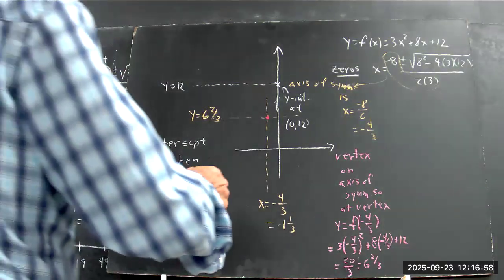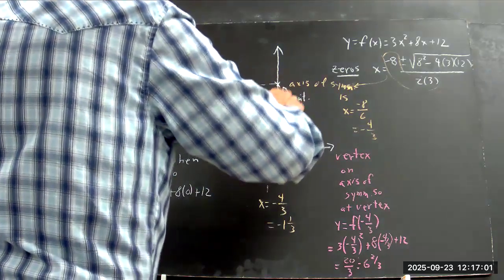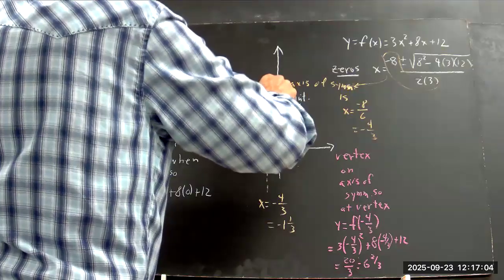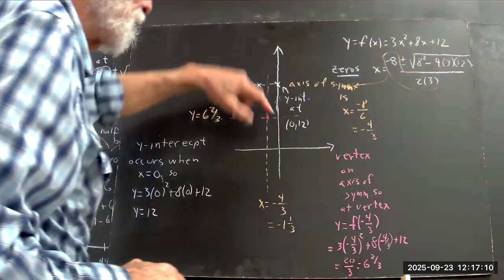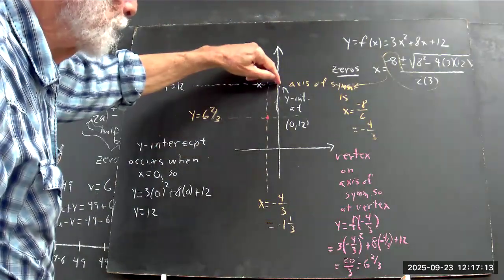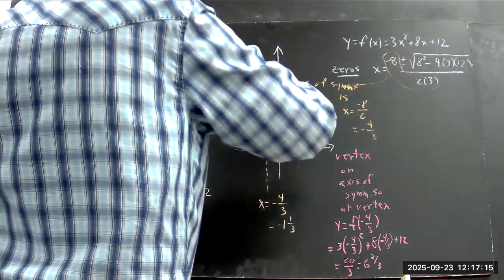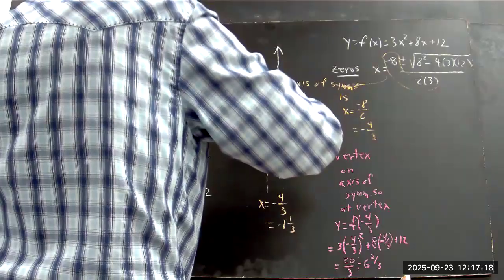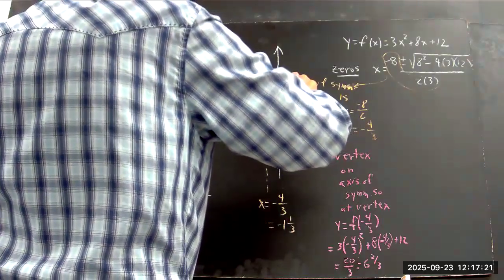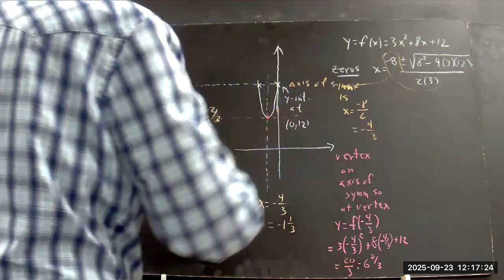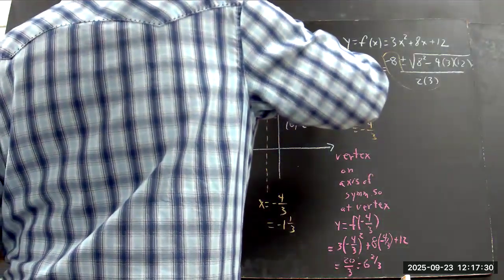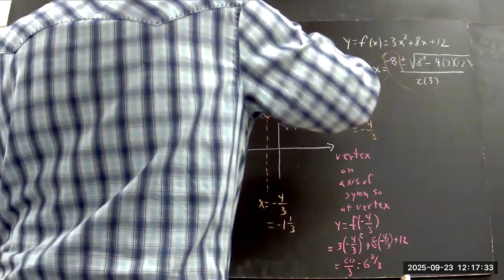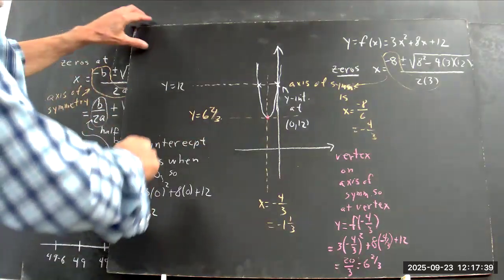Well, knowing that, I can sketch a perfectly good parabola. I have to have a point over here because of the symmetry. We have the axis of symmetry, so this point has to correspond to a point at an equal distance on the other side of the axis of symmetry. The parabola is going to be kind of tall and skinny. It doesn't really get skinnier, but stays skinny. It's going to keep on going. And there's a graph of